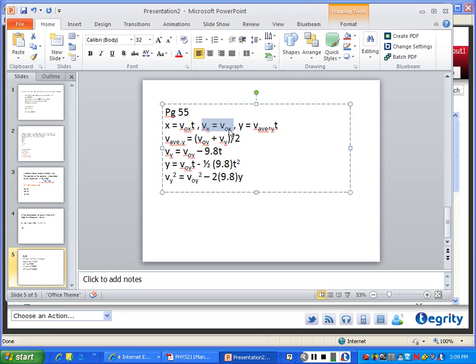So the fact is, we're throwing an object at some angle, but the only acceleration occurring is downward, so the horizontal part of that velocity doesn't change, but the vertical part of that velocity does change as a result of the acceleration of gravity. VOY and VOX are the components of the velocity